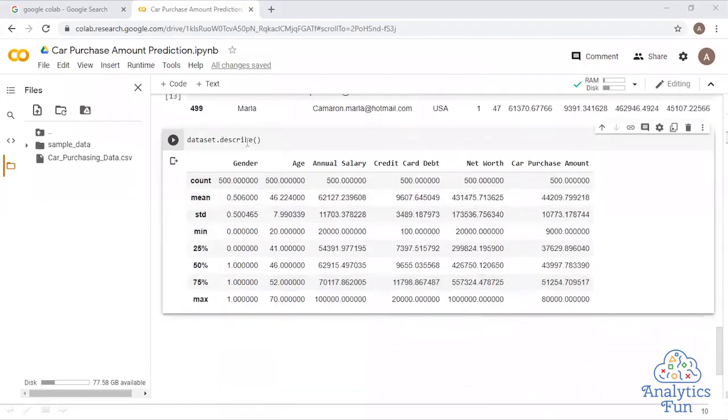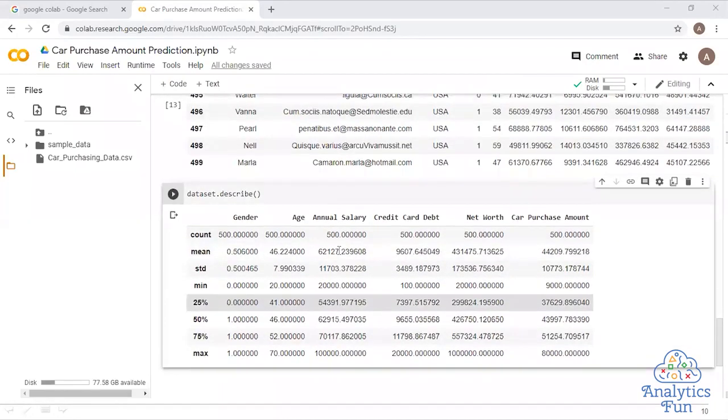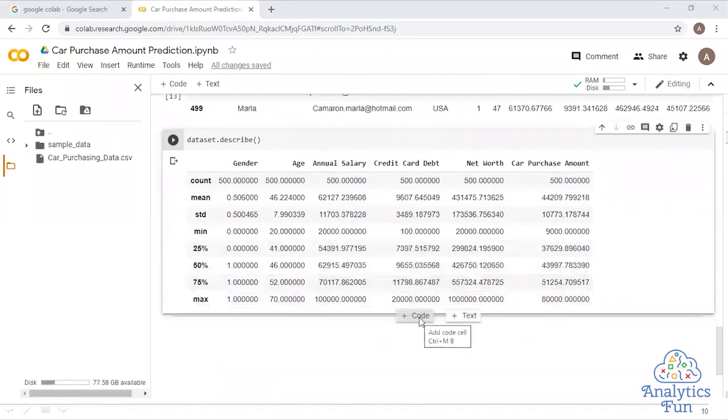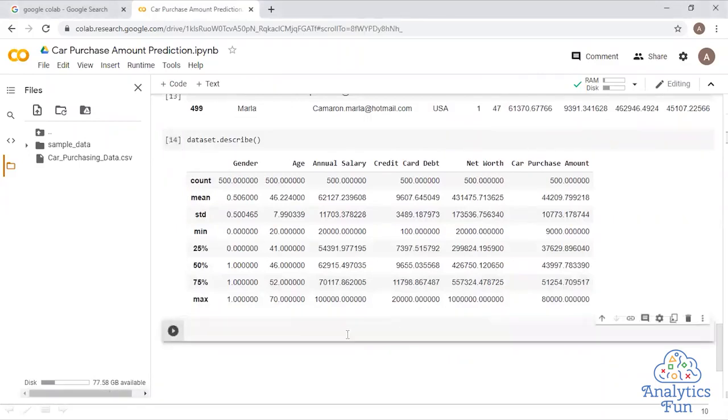Now we have described the data set also. And one more thing which I want to show you is how you can check the unique values in any column. For example, in the gender column, we know it already has 0 and 1 values, but how will you check unique values in your data set?